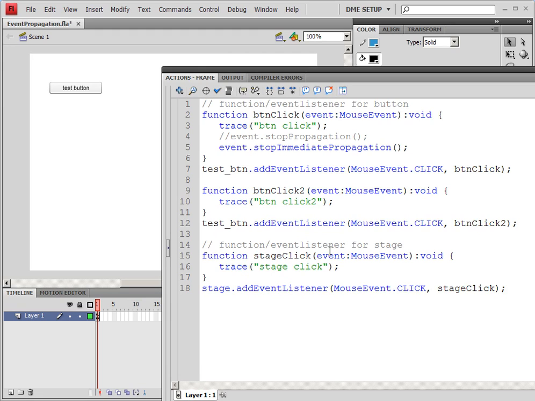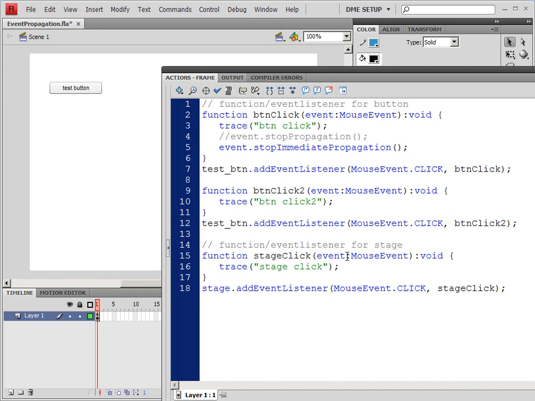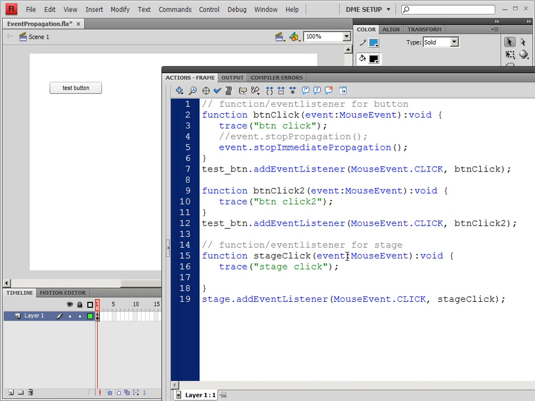One of the things that we can do is conditional based events, where if we click on a button, we can actually run a condition based upon the name. So this is the last thing that I want you to do. I'm going to add something to my stage click, and this is going to say if event.target.name, and that means the name of the target that the event comes from, if that equals my test underscore btn,